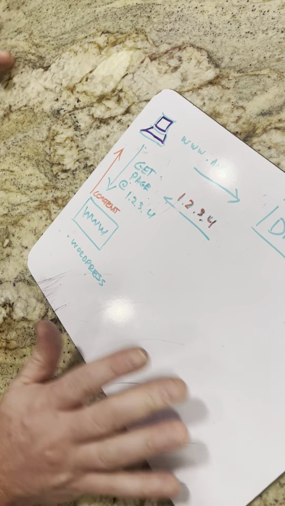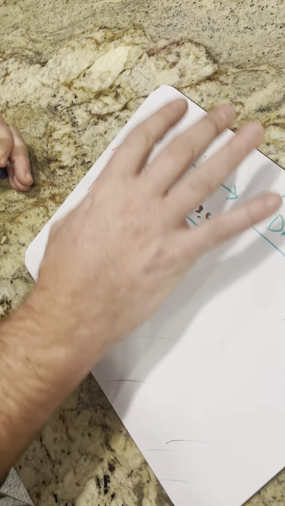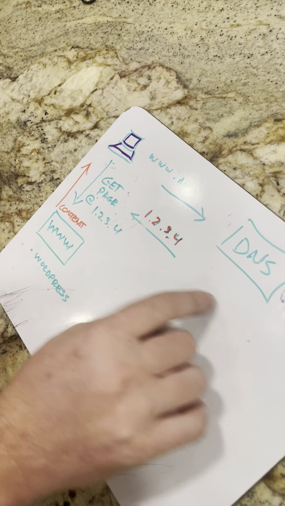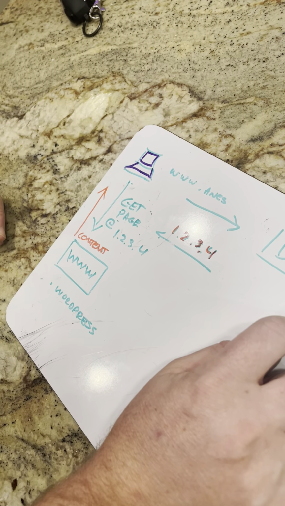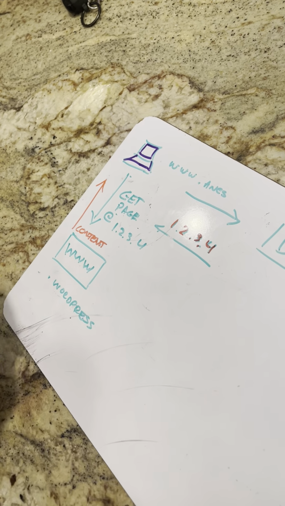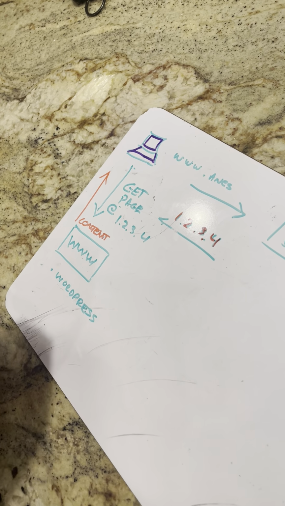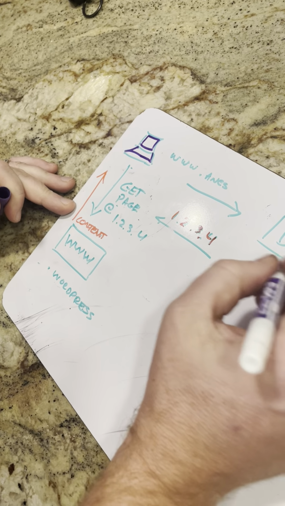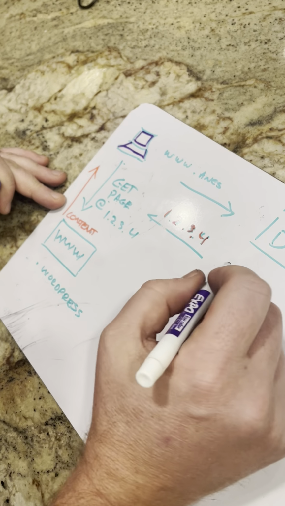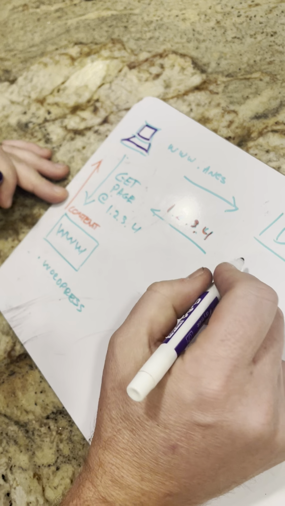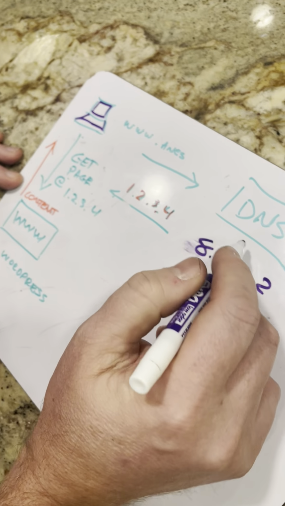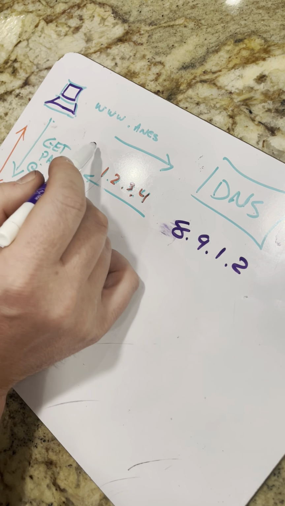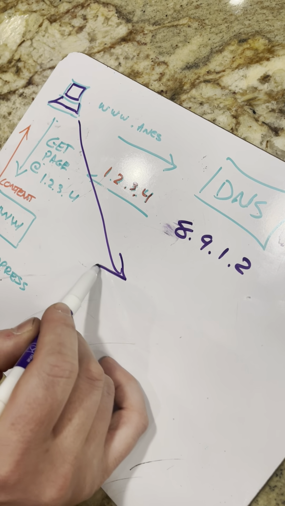This all happens behind the scenes. All you do is type the address in, but all this other stuff's happening. So GoDaddy is where you can say that, hey, our website, anesthesiology.org, is no longer at 1.2.3.4. Instead, whenever we make a change here, we're going to say, no, now it's at 8.9.1.2, right? And so when you go to your new address, it's going to send it to a new server,